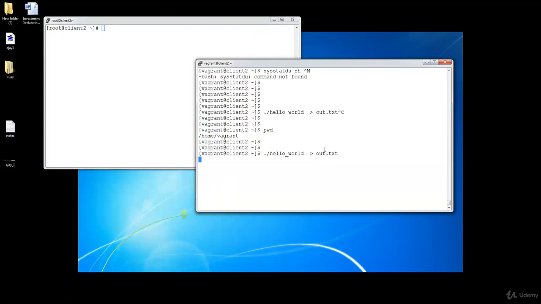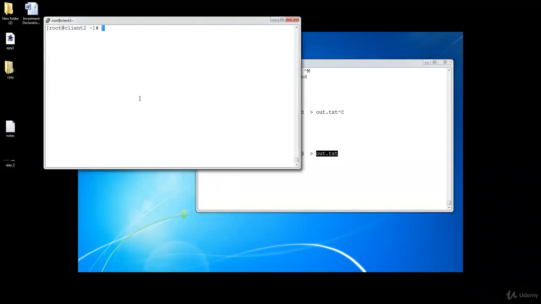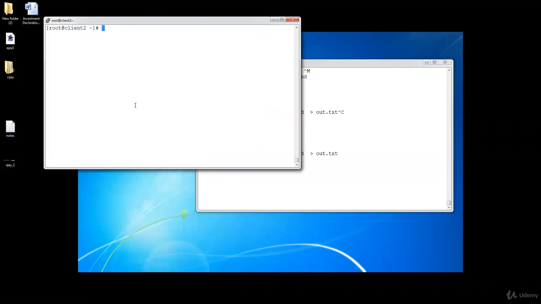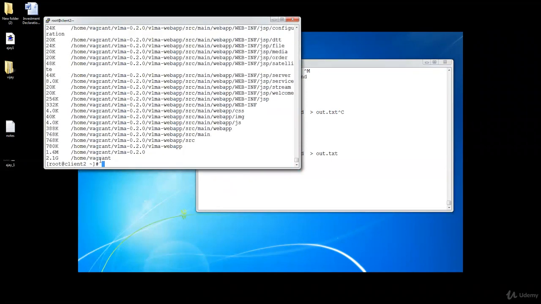We'll not see anything here because all the output is going to out.txt. Let's check the size of out.txt. Okay, let's find out the path. So it's the path we have copied, and we'll say du -sh and give the path, and we have a lot of files. It's showing 1.1 GB. Oh, is it? Now we'll check again. Oh, 2 GB. What's happening in that? Okay, let's remove the s and see all the files. Okay, there are a lot of files.